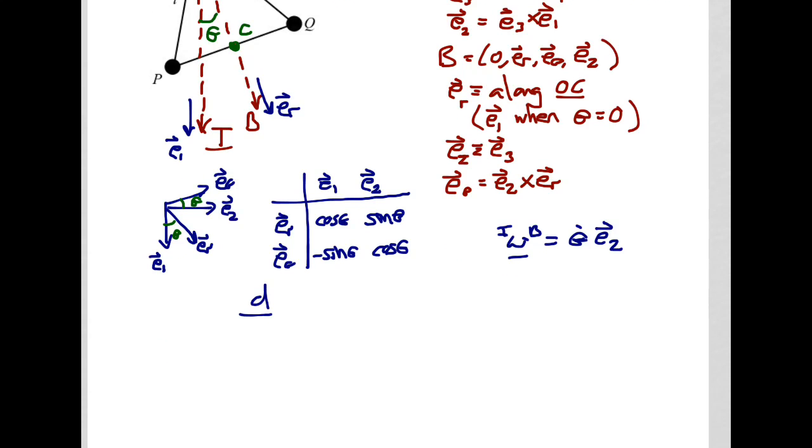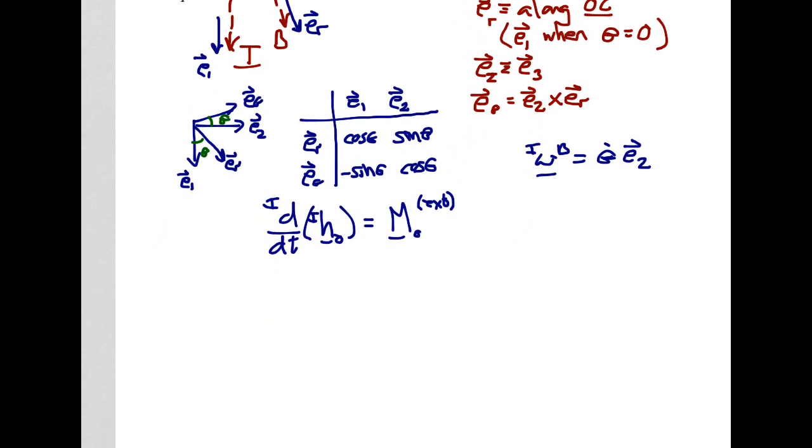We're finding the time derivative, as observed in the inertial reference frame, of the total angular momentum, which is equal to the total moment due only to external forces. So we first need to calculate, let's work on this left-hand side. Let's find out what our angular momentum is. We'll take the time derivative of this, and then we'll set up the moment and equate those two to get